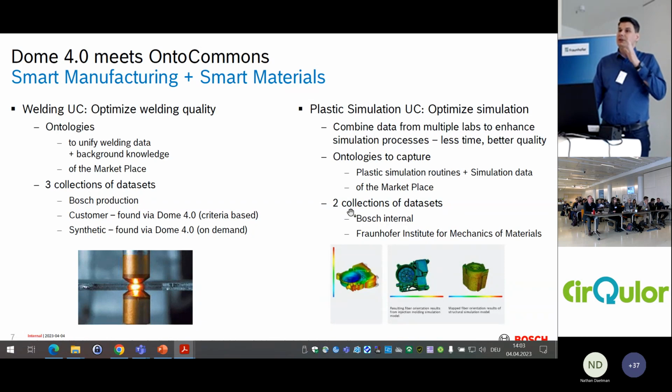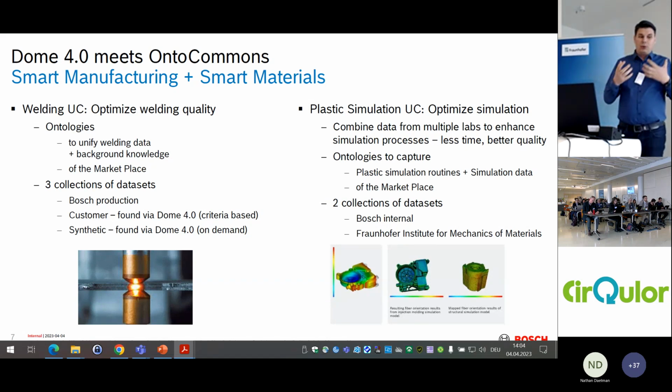Similar thing in the material simulation. So we take the data which is needed for material simulation, expose it, some of it through the marketplace, discover this through the marketplace, take it through the marketplace, and combine it with the data which is available at hand. So the marketplace data from Fraunhofer and in-house data from BOSCH are brought together, and then they give this effect of much faster, much cheaper simulation than if we do it without the data coming from Fraunhofer. So this is how this works in practice.